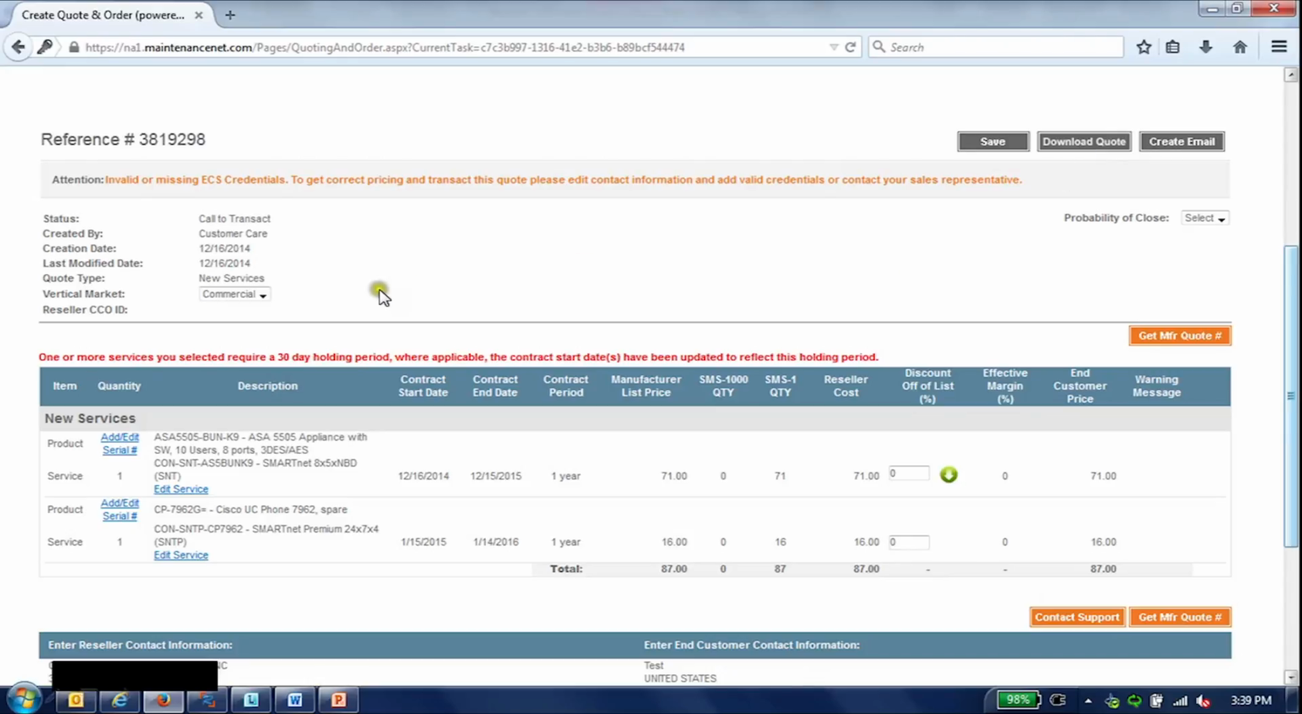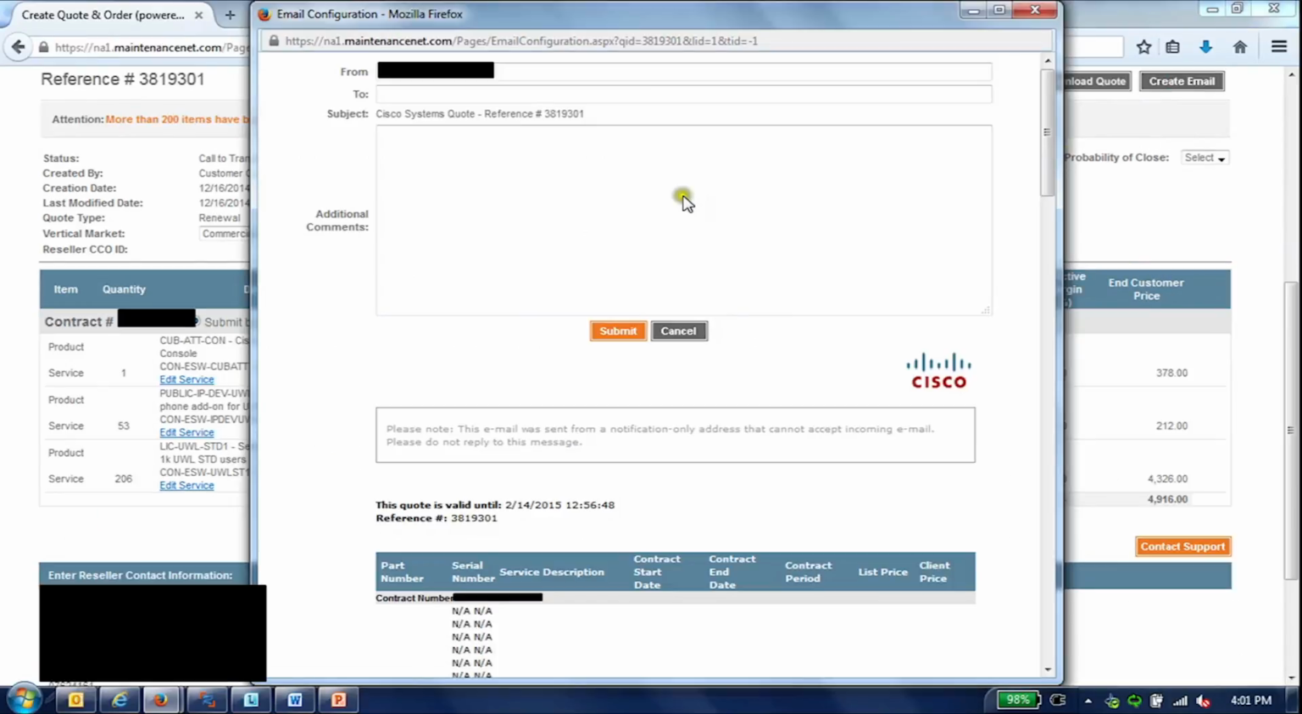Or if you go ahead and click on the Create Email button, it will pop up a box which will allow you to basically go ahead and enter some information and a personal note to your customer and actually create a format that you can send directly to your customer. So that's just how easy it is to create a new service quote in the Cisco Reseller Services portal. And you can go ahead and do that and create quotes for your customers and have them set up in